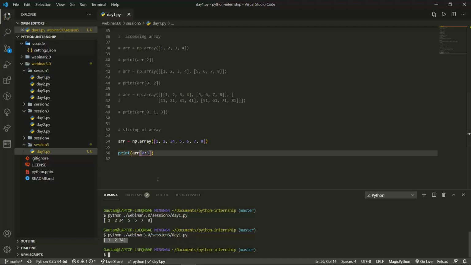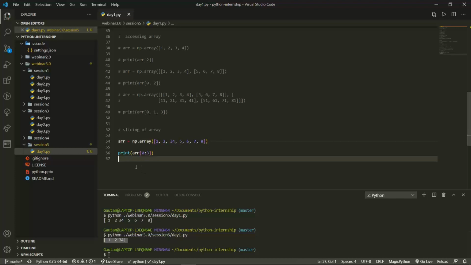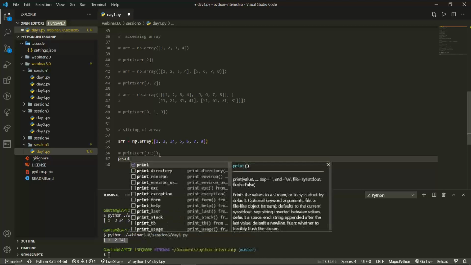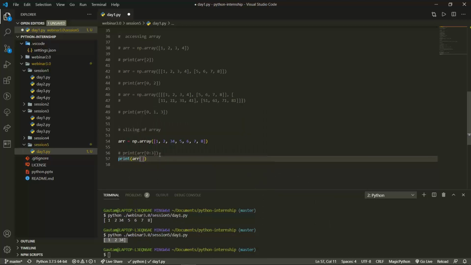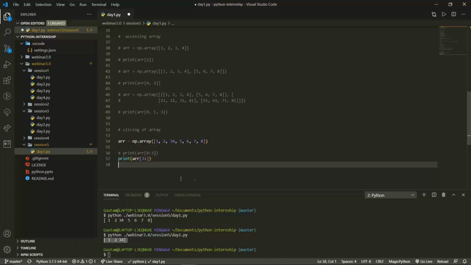Now if you want to have some other, like from here you want till the last. So how to get this? For that, let me comment this and print it out. For that, you're gonna write array inside the braces from maybe this position is 0, 1, 2, 3. From 3, you're gonna get till end. So if you don't write anything, automatically you will get till end position. Okay, so if I execute this, you will find 5, 6, 7, 8, and it is from this position